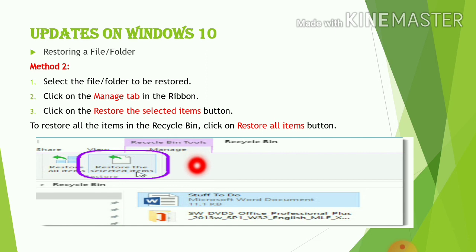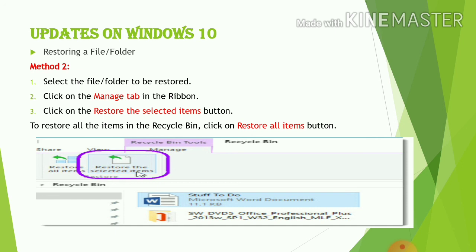After clicking the Manage tab, you have to see the restore the selected item button. You have to click it. आपका वो file और item restore हो गया आपके desktop पे.